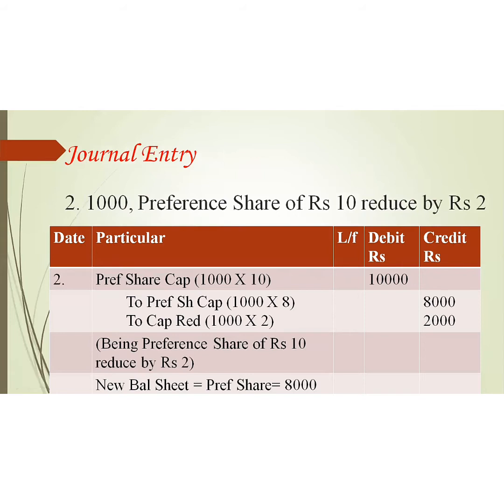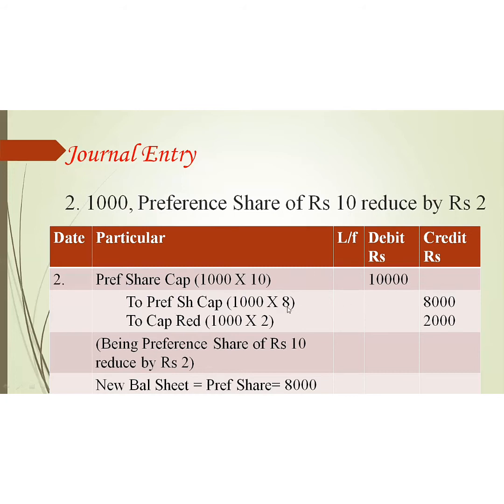Second journal entry, 1000 preference shares of rupees 10 reduced by rupees 2. Now here the word is "by". What do we mean by 10 reduced by rupees 2? It means from 10 rupees you minus 2 rupees, and therefore the price of the new share is 8 rupees. So the journal entry is preference share capital account 10,000 to preference share capital account of